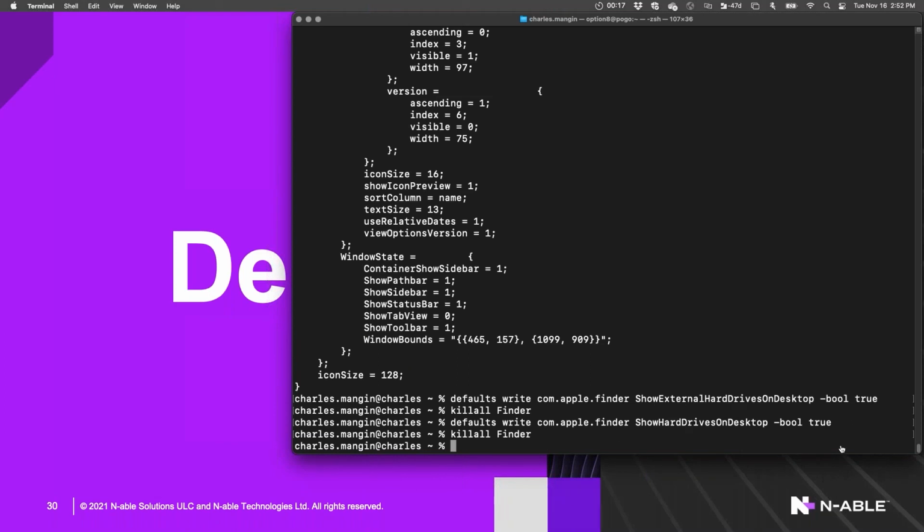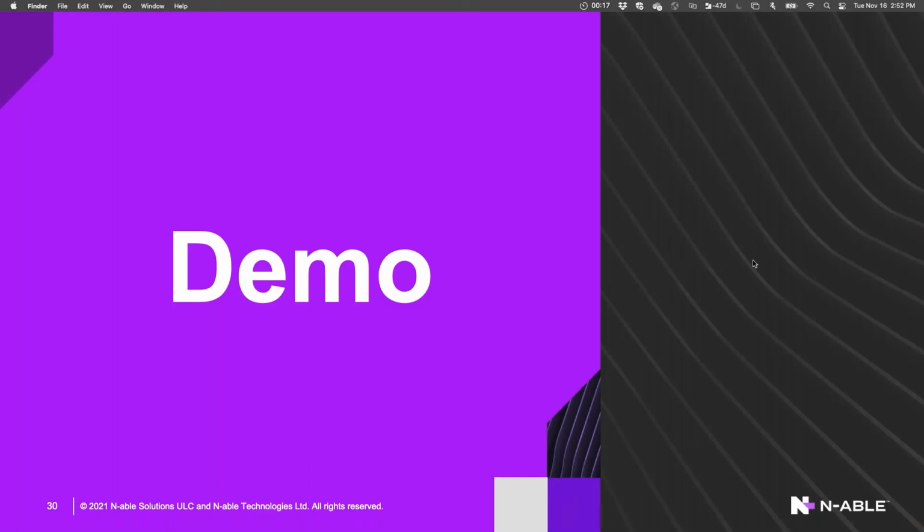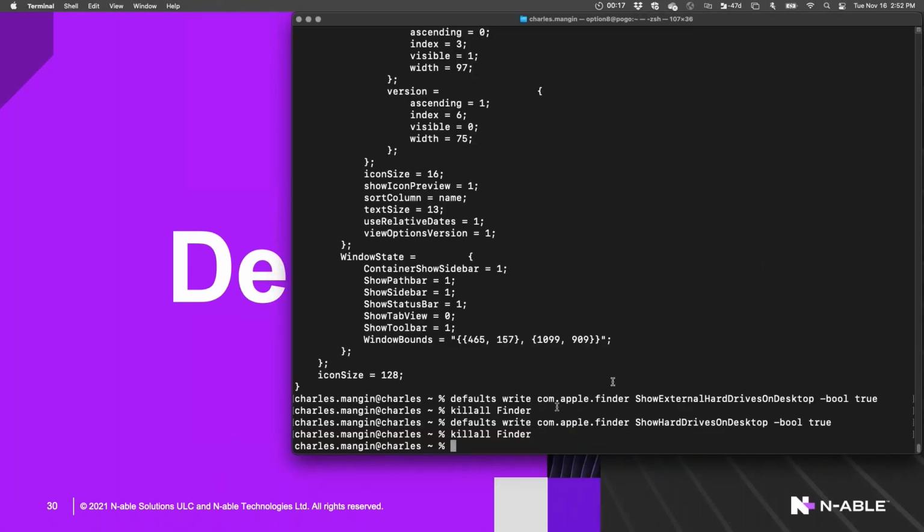And if I go back to show the Finder, now I've got the icon on the desktop again. So kind of a silly example, but if you have a way that you want to show or a way that you want to present to users